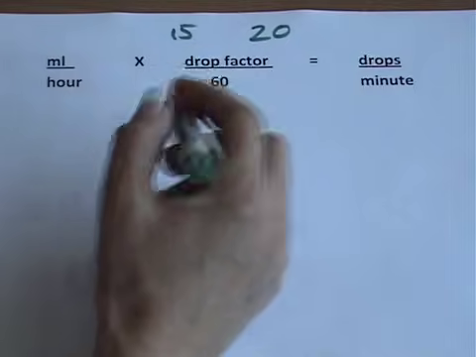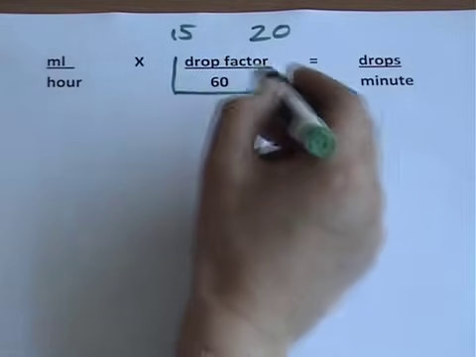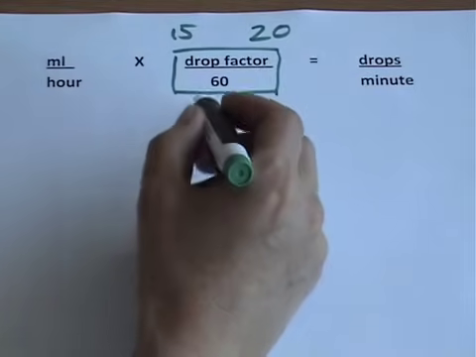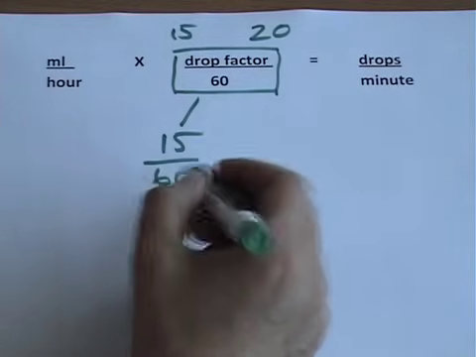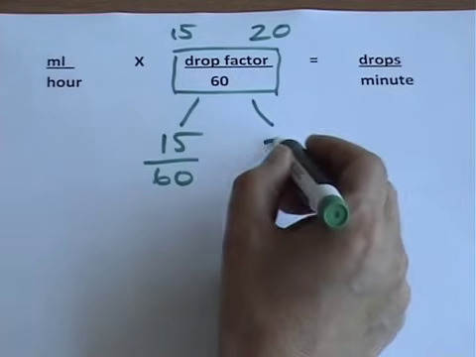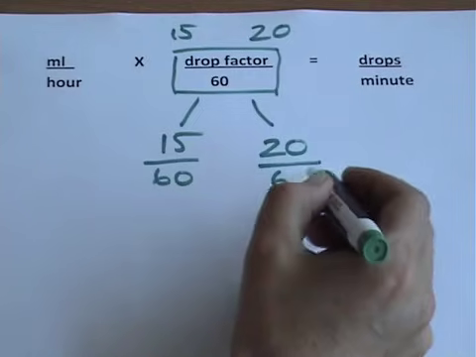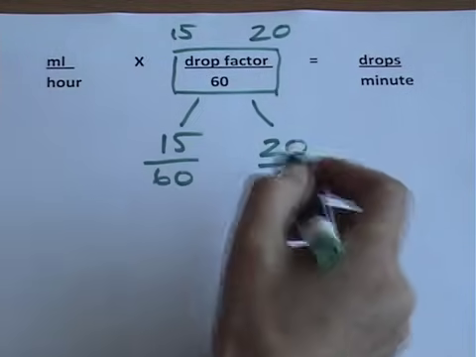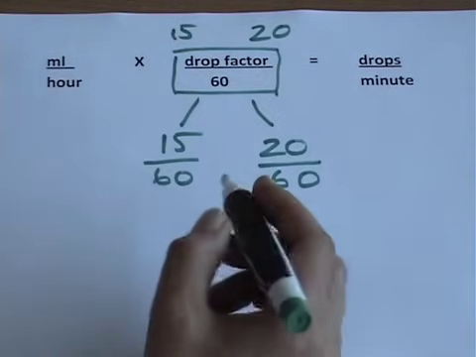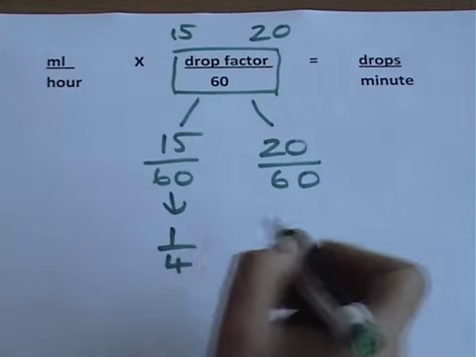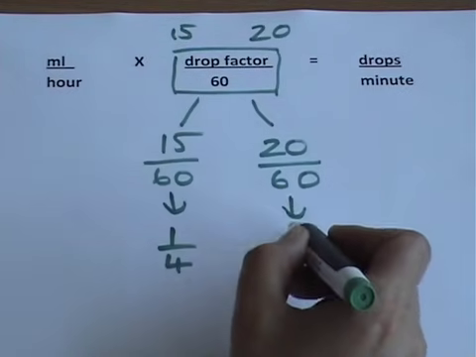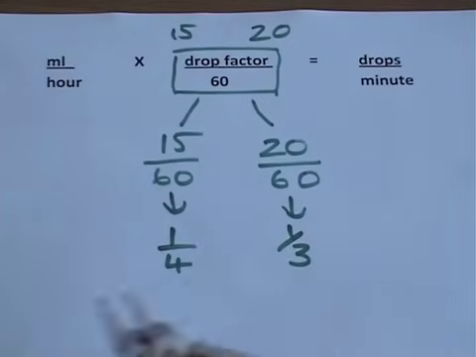So in fact, this part of the equation will either be 15 over 60 or 20 over 60. And these fractions will cancel down or simplify to 1/4,